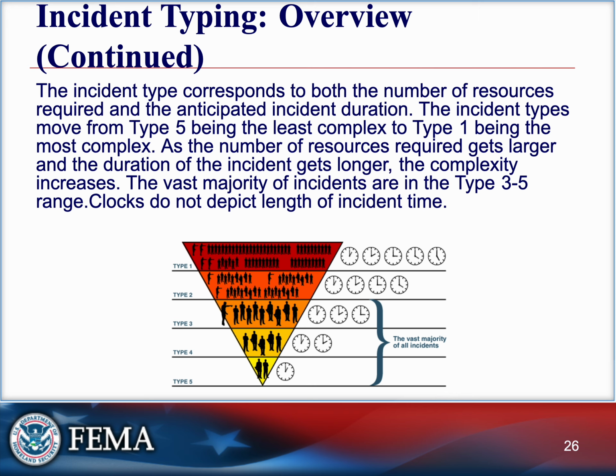The incident type corresponds to both the number of resources required and the anticipated incident duration. The incident types move from 5 being the least to 1 being the most complex, like we mentioned. As the number of resources required gets larger and the duration of the incident gets longer, the complexity increases. The vast majority of incidents are in the type 3 to 5 range,